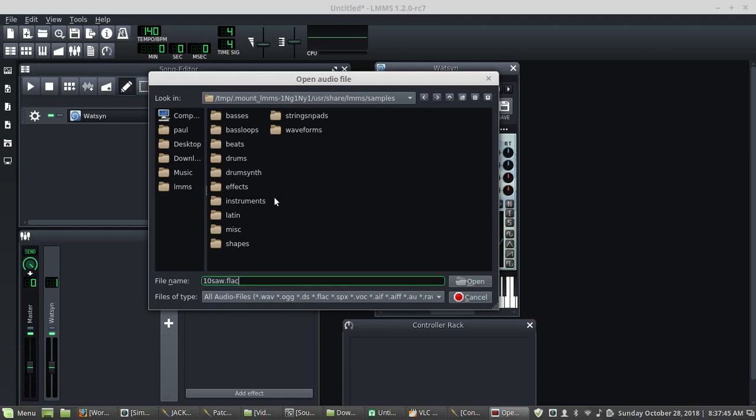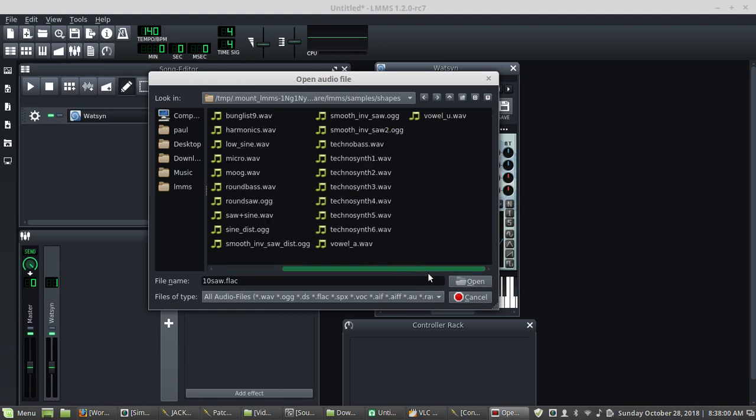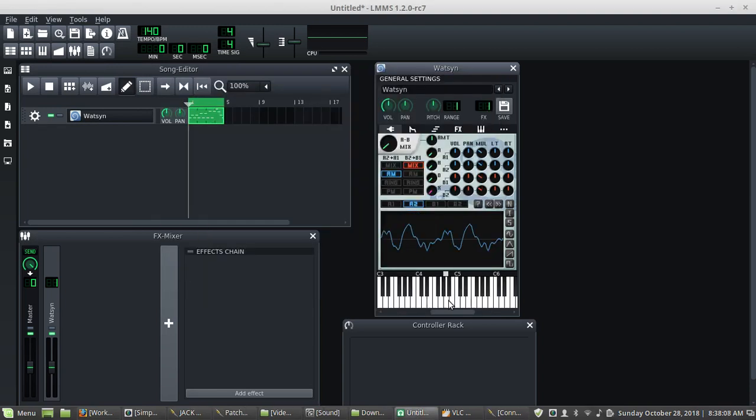But if you use the waves or shapes that are included with LMMS that already come in the program in its directory, then it should just work, because anybody who has the same version is going to have that same set of sounds. So I like playing around with the wave shapes, and I'm going to put this sound